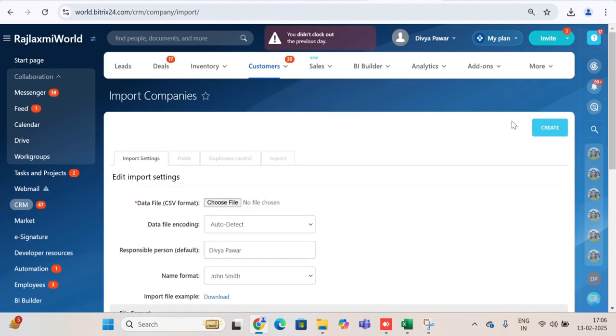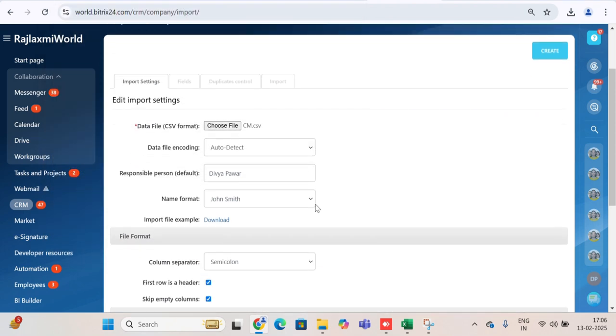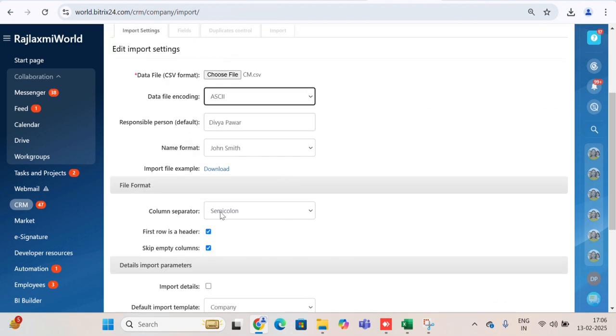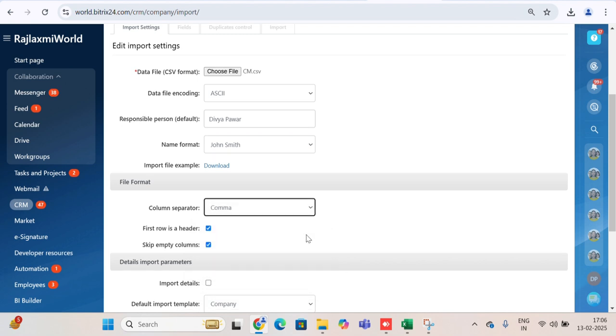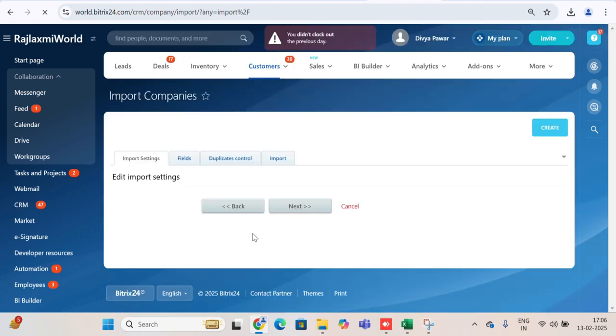By clicking on importing companies, first you just need to add the file which you have in Excel. You just need to convert that file into CSV format. In the data file encoding, you just need to add ASCII, and for column separator you put a comma. Once you add all this information and click on next,